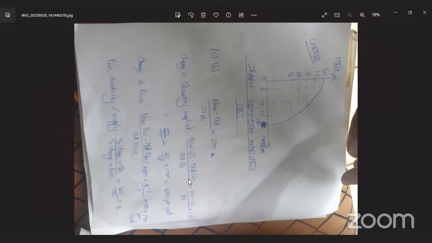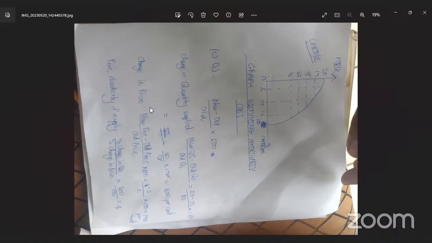For the change in price, it's a similar situation: the new price minus the old price over the old price times 100. That's 4 minus 2 over 2 times 100, and when we tabulate that we get 100%. For our final price elasticity, we have the percentage change in quantity supplied divided by the percentage change in price. That's 400 percent over 100 percent, and we get a price elasticity of supply of 4. This up here is the prior thing, actually, in terms of them asking us to draw a PPF.